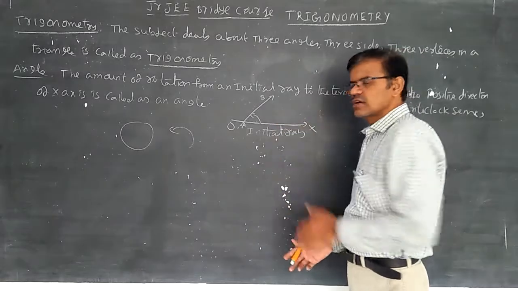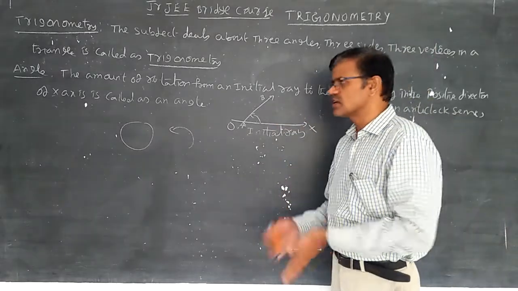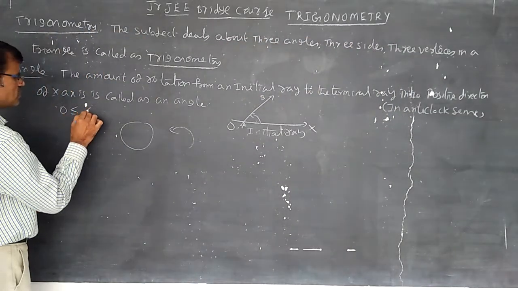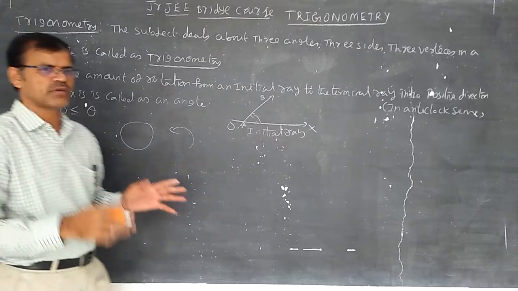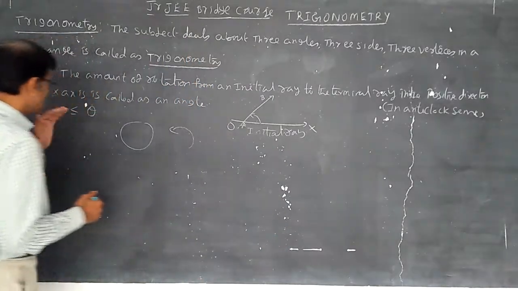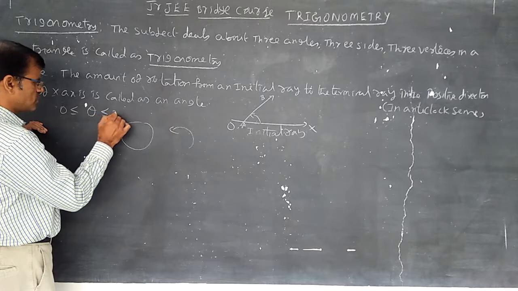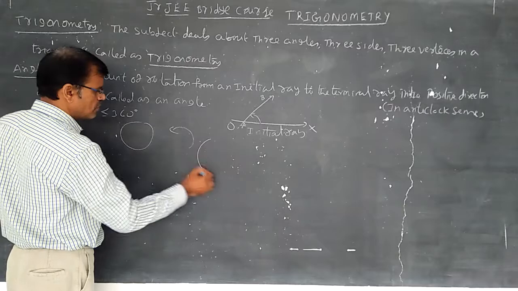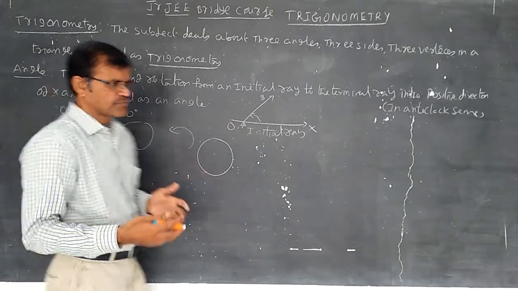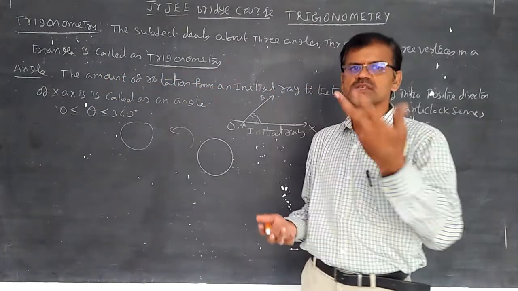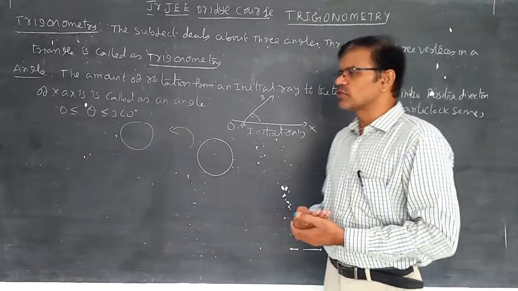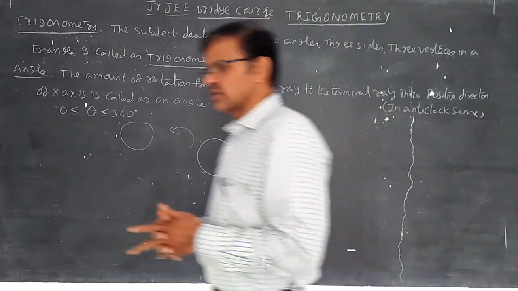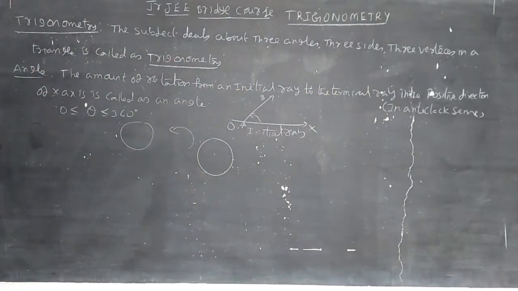The amount may be 30 degrees or 60 degrees or 40 degrees, any number you can take. The angle is generally denoted by alpha, beta, gamma, delta, kappa, iota or theta. 0 less than or equal to theta less than or equal to 360. A complete angle can be notated as 360. After rotation of 360 plus, it again becomes 0. So many rotations you can put. Pi means 180 and 2 pi means 360, like that. 720, 1080, any number you can put.